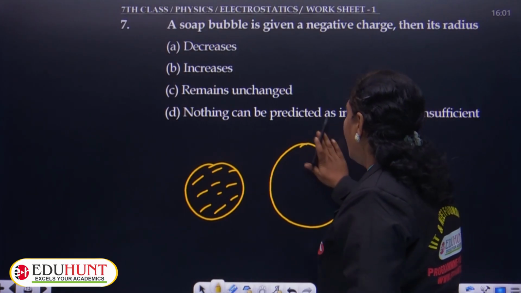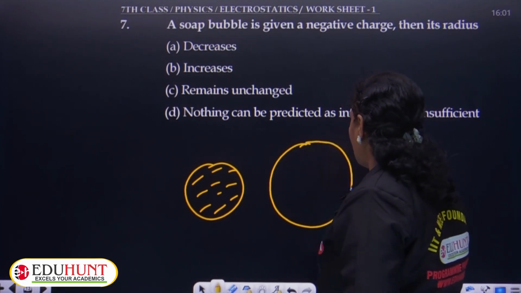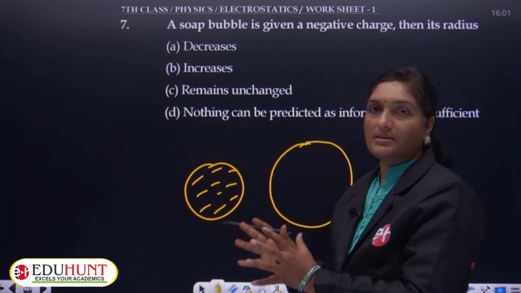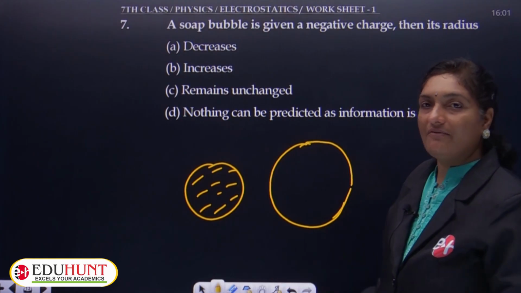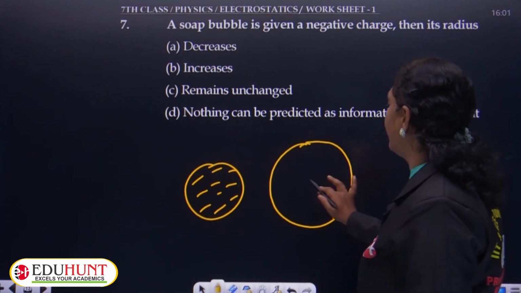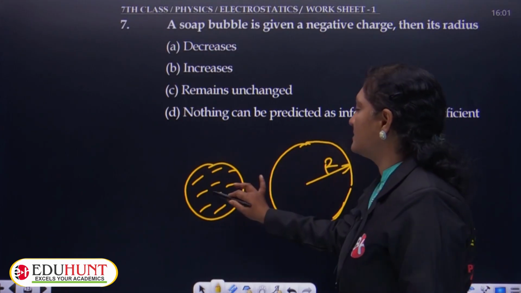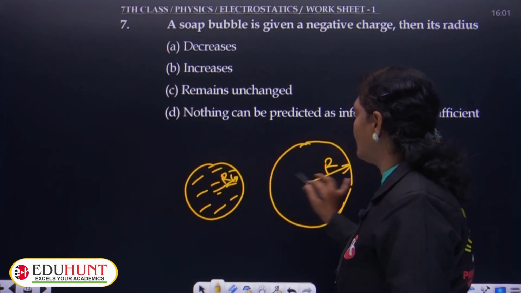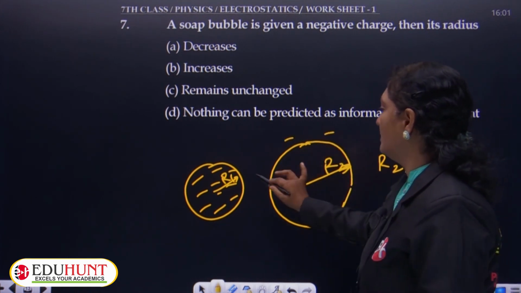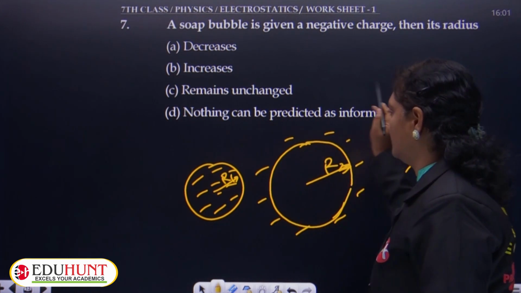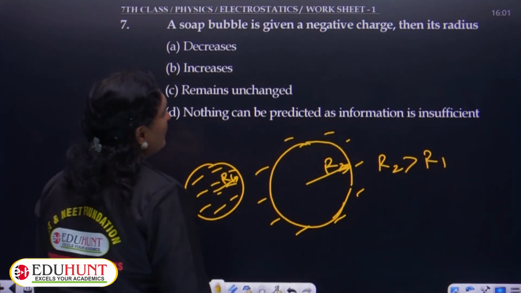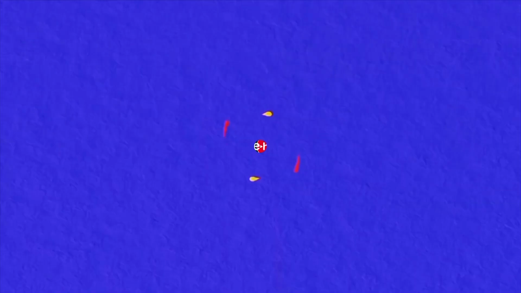The soap bubble increases its size due to the expansion, because the electrons move away from each other. As a result, its radius increases. Its radius R1, R2, R2 is clearly greater than R1. Clear, children? So, what is the correct option? A soap bubble is given a negative charge, then its radius